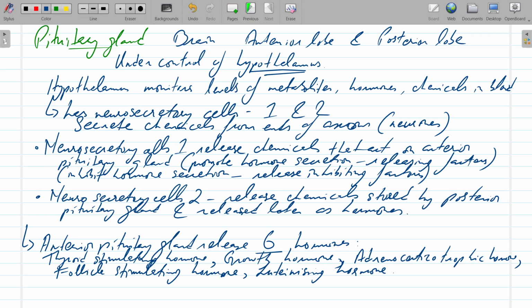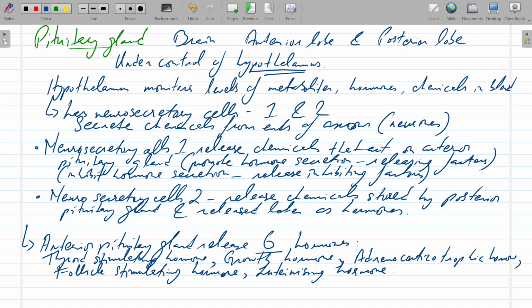Now, all of these obviously have functions. Thyroid stimulating hormone controls secretion of thyroxine from the thyroid gland. The growth hormone, as the name suggests, stimulates growth of the body cells. The adrenocorticotropic hormone controls secretion of some hormones from the adrenal glands. The follicle stimulating hormone and the luteinizing hormones are both